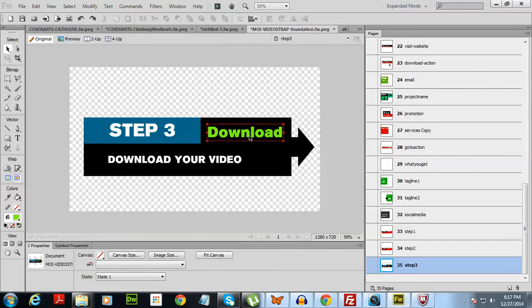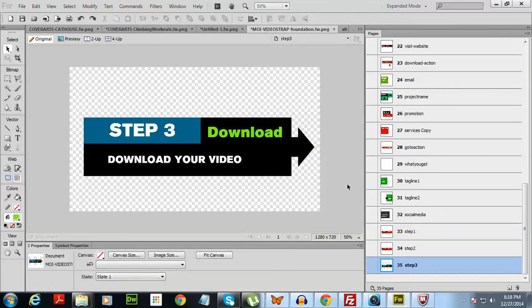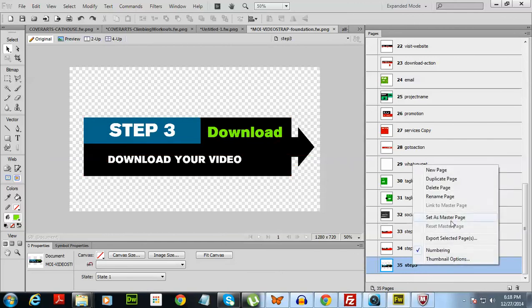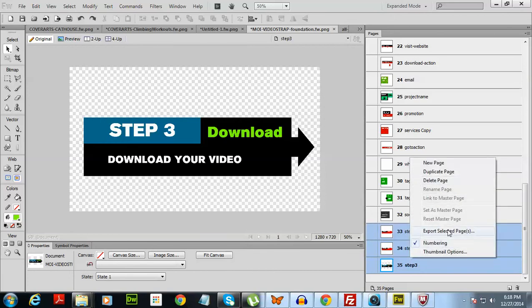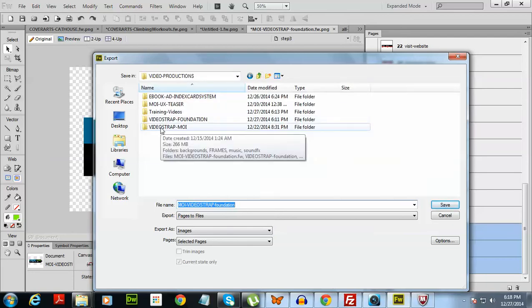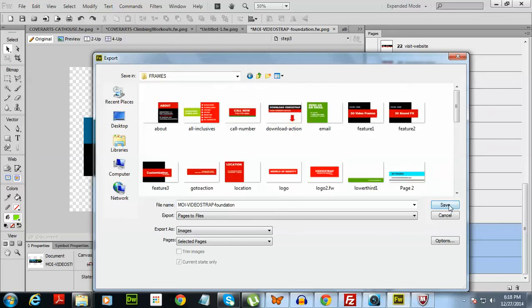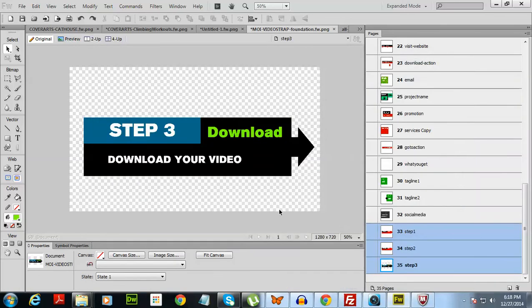If you want to use a more stylized theme, then go ahead and change all these graphics. It's pretty simple. All you have to do is, after you finish your customizations, export the page or the set of pages that you have just edited into your frames folder of your project. I'm just going to put them back here in the foundation, and that's it. Now when I go to the program here,